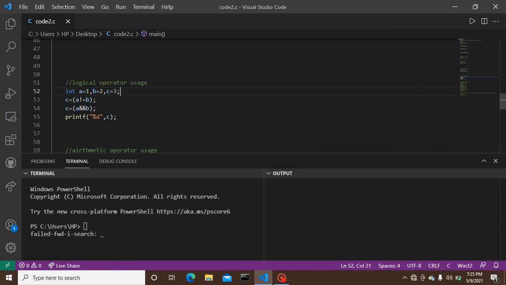Here I have provided two sets of expressions. c equals to a is not equals to b, c equals to a and b.